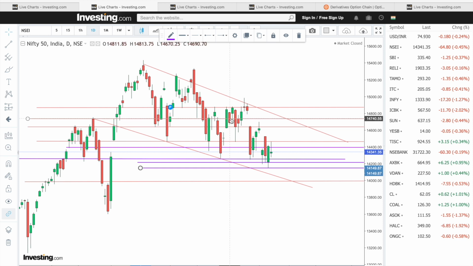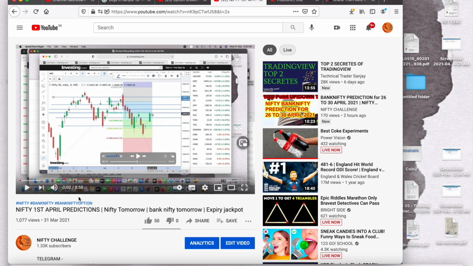31st March. See, the market formed a red candle on this day. You see the opening of the market here, if you have to check it in this area when I place a cursor. The opening of the market was at 14,811. The high made by the market was 14,813. The low made by the market was 14,670 and the closing was at 14,690. So the market closed at 14,690 in this area, and it is not a very big, but okay, a medium sized candle you can say. Now let's see what happened on the next day. So on 1st of April, let me come directly to the options part.